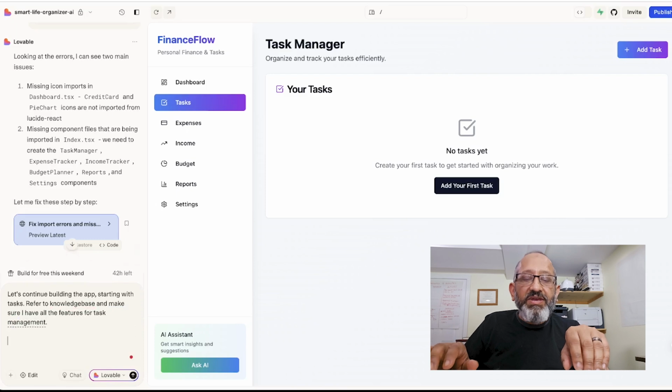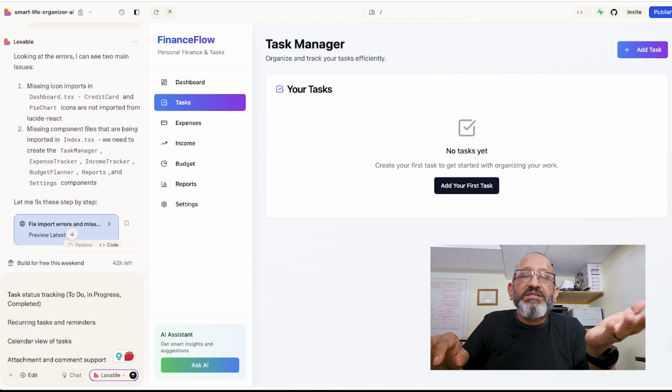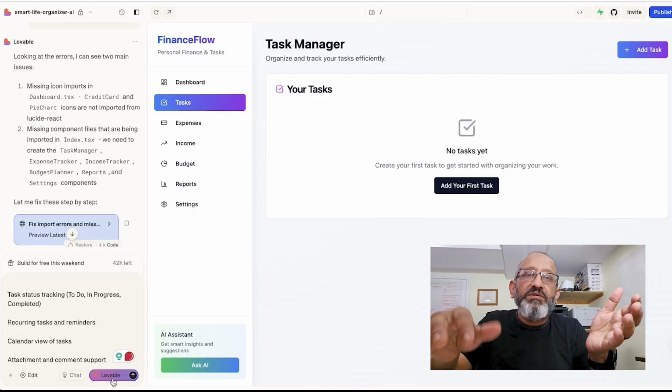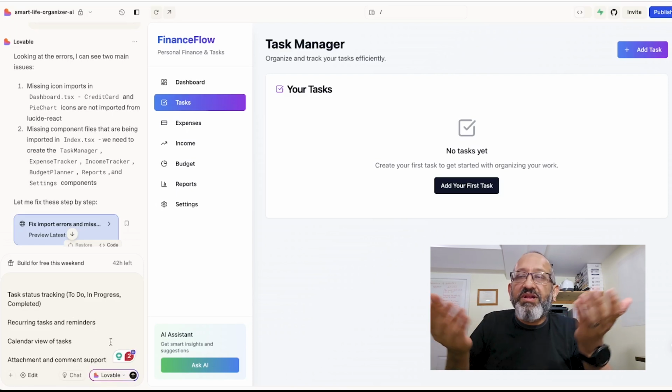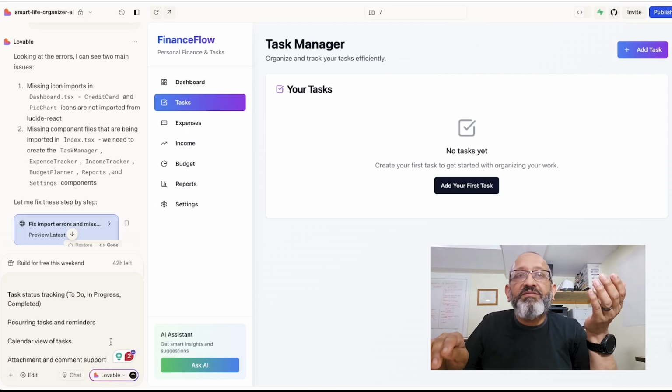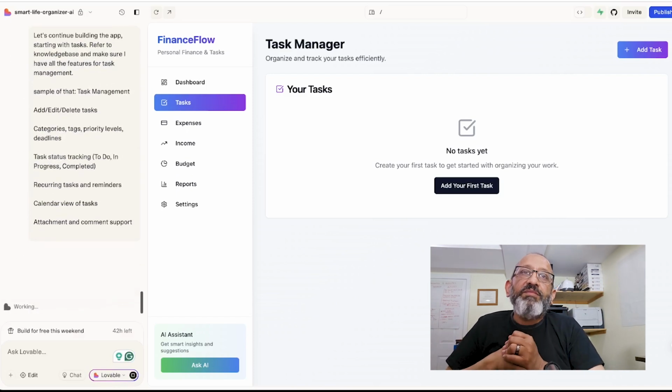Okay, typically a sample of that. Okay, so I just put it in as a sample. Okay, you don't have to do it. If you want to put it in, fantastic, but it's going to go back and refer to the knowledge base anyway. But typically I do put it in so that it shows.